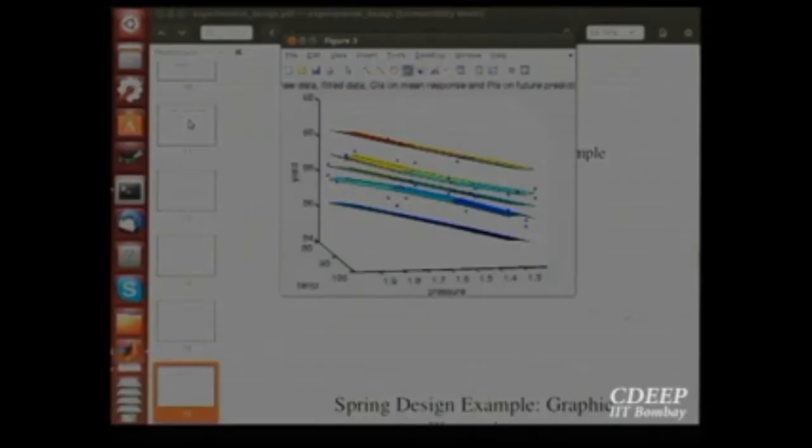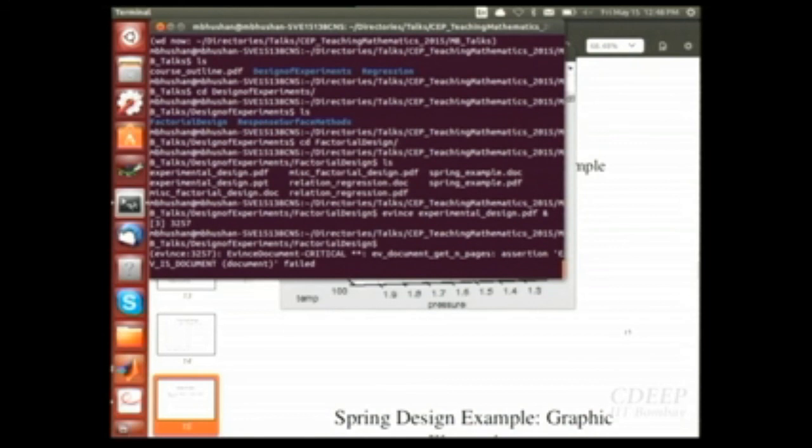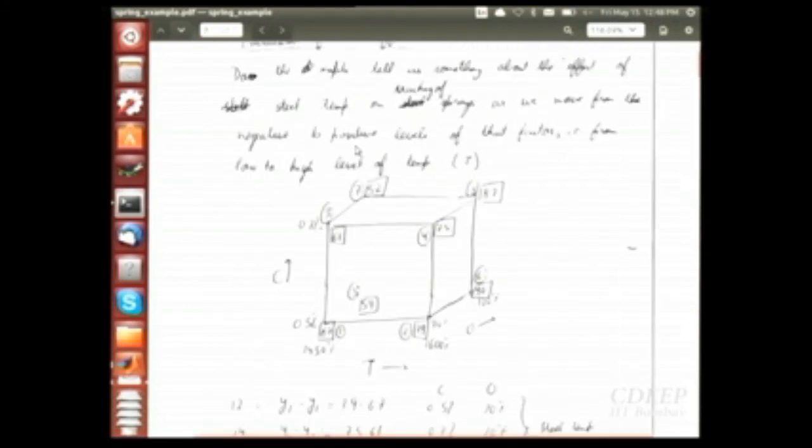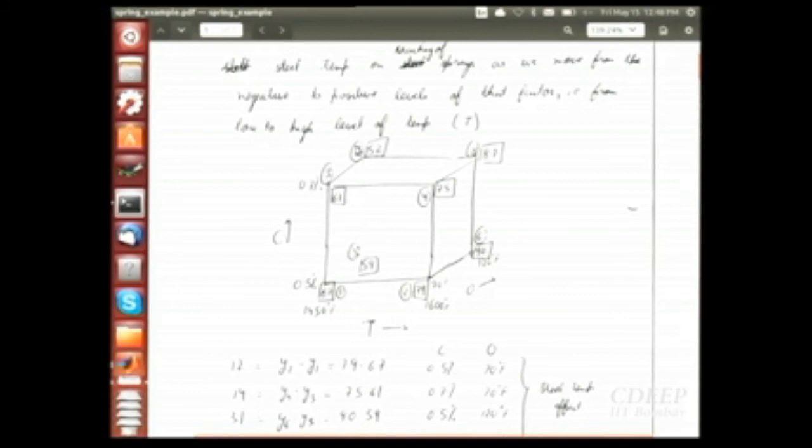Now what analysis can we do? How do we find out the effect of the individual variables on the response variable, which is the cracking of springs, using this data? Unfortunately, some part of my notes I didn't have time to type, so they are scanned. It is available to you as a handout.